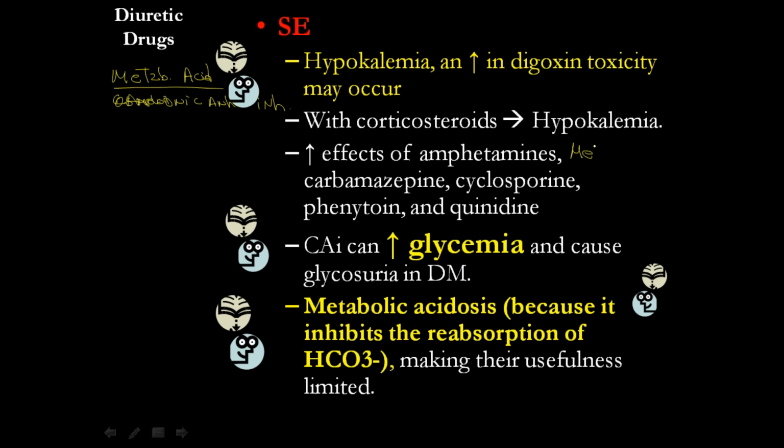Meanwhile, metabolic alkalosis is seen with the use of loop diuretics and thiazides. So metabolic acidosis is caused by the carbonic anhydrase inhibitor. One of the names is acetazolamide. You are familiar with that. So you can remember that metabolic acidosis can be seen when we are using acetazolamide. The rest can produce metabolic alkalosis.